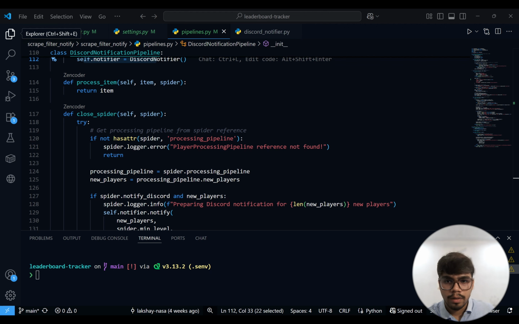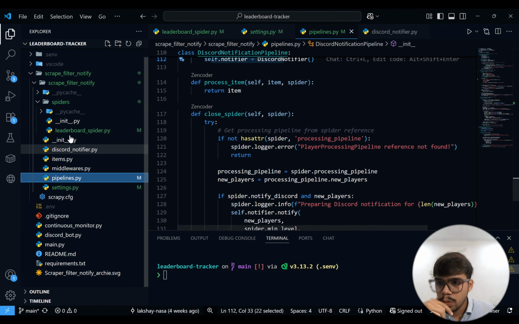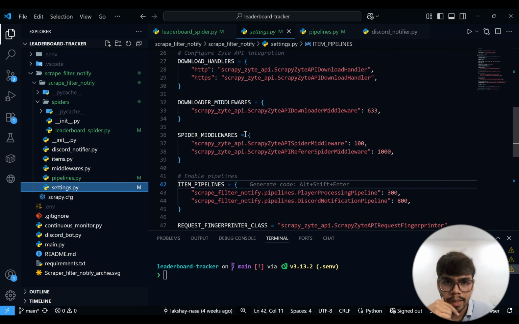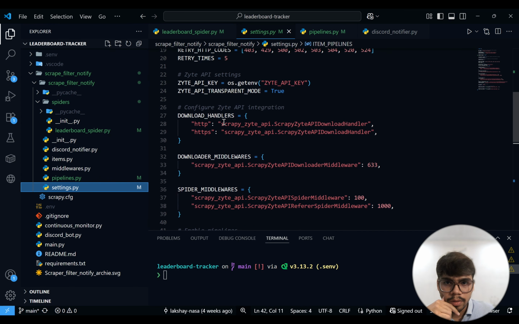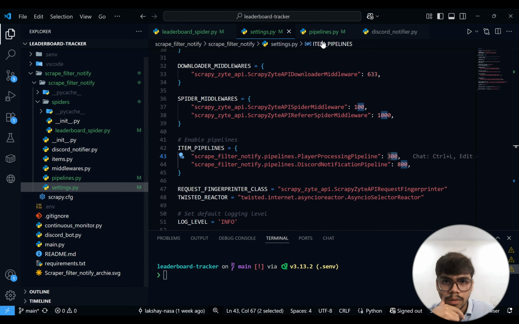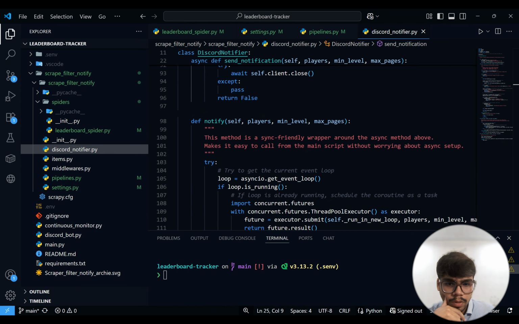And once you've created your pipelines, don't forget to mention them in the settings.py with their priority levels. That will really come in handy. Do set these priority levels. So once we have done this,